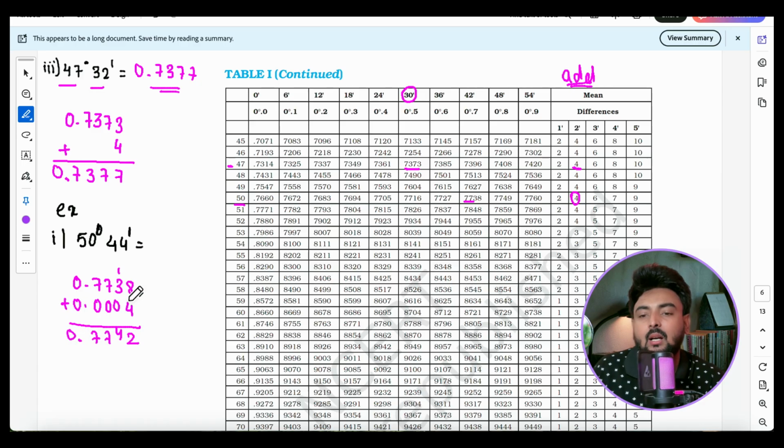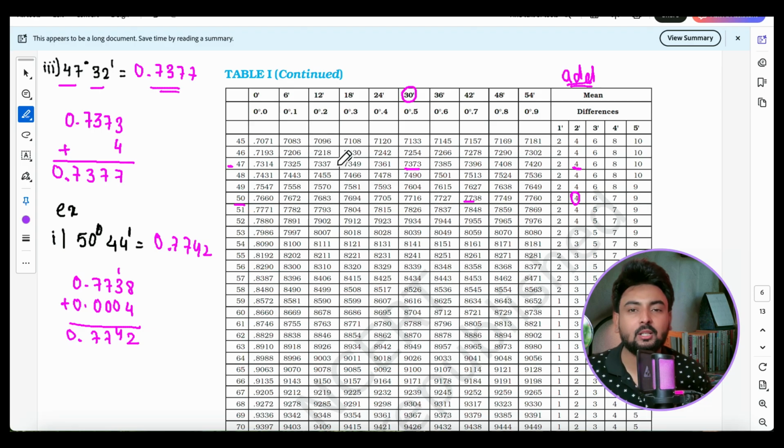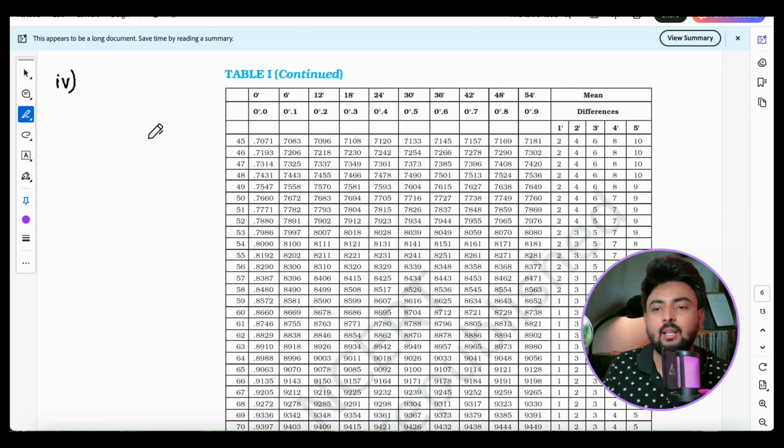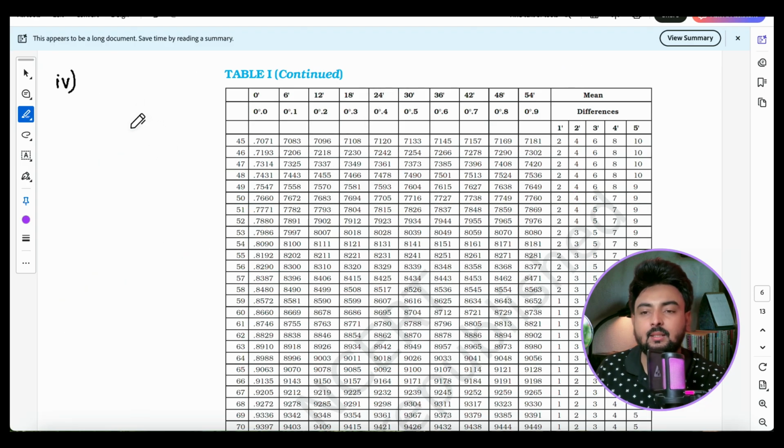So here you have the answer as 0.7742. I hope it is quite clear to you. Let's go ahead for the next question. Children, again we have one more question of sine. The next question